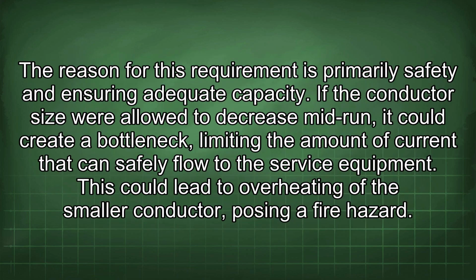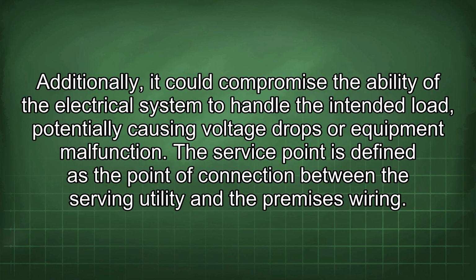The reason for this requirement is primarily safety and ensuring adequate capacity. If the conductor size were allowed to decrease mid-run, it could create a bottleneck, limiting the amount of current that can safely flow to the service equipment. This could lead to overheating of the smaller conductor, posing a fire hazard. Additionally, it could compromise the ability of the electrical system to handle the intended load, potentially causing voltage drops or